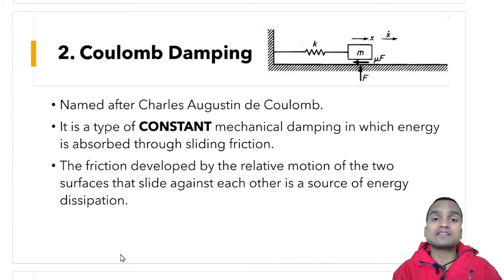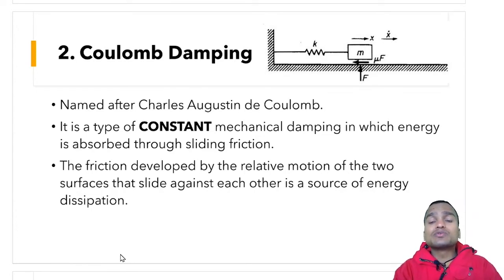They were not biased like nowadays, and they were doing pure research, so that the same person invented the charge, invented something in the electrical field, and the same person has done some research in the mechanical field. So we read that the unit of charge is coulomb, and in structural dynamics also this type of damping is named after the same scientist, Coulomb damping.